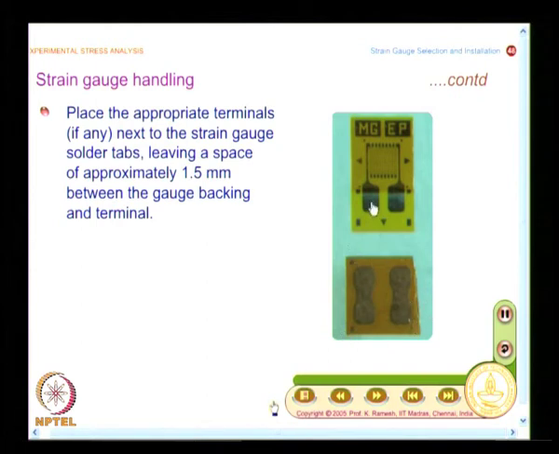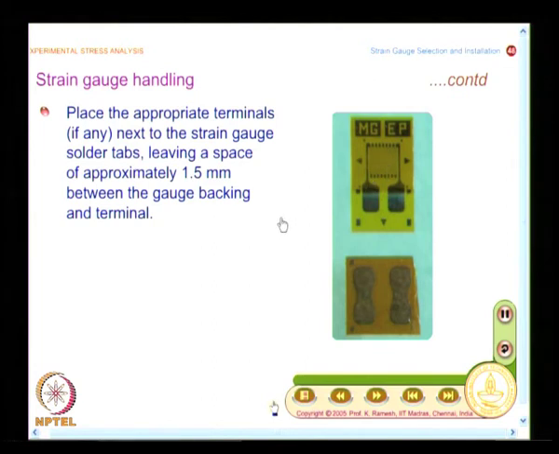Instead of directly using the lead wire up to the strain gauge, you have terminals, and you will have a single strand wire connecting the strain gauge to these terminals. Now, both of them need to be aligned properly at the point of interest. Strain gauge needs to be aligned very carefully. This is just for connecting the strand of wire from the tab to the terminal, and in order to align